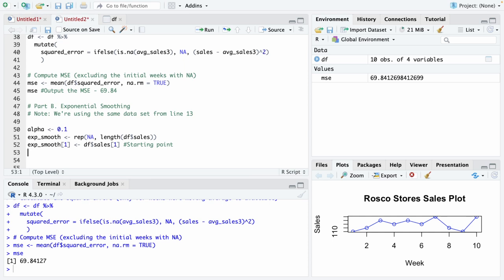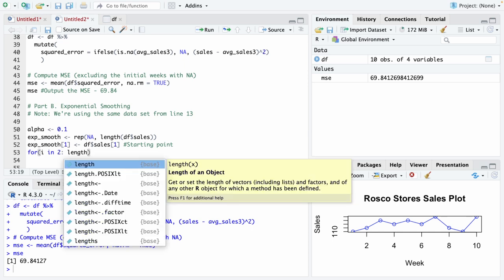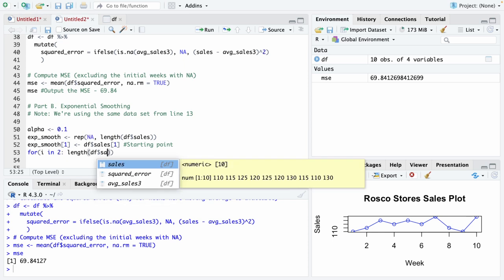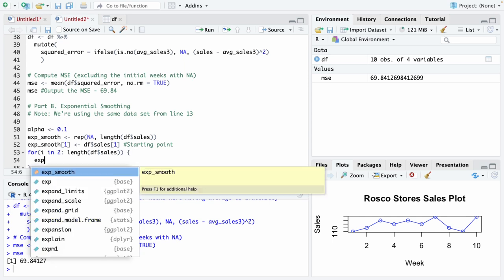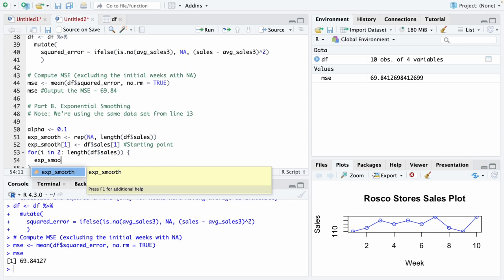That's what we're trying to write there. And then we're just going to use a very simple for function, and take the length of our sales column, right? And put the exponential smooth for a particular row,